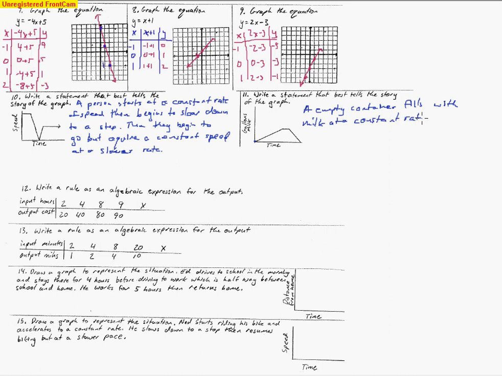So it's a constant rate because it's going up at a sloped angle. And then it reaches this capacity. So we'll say an empty container fills with milk at a constant rate to a capacity